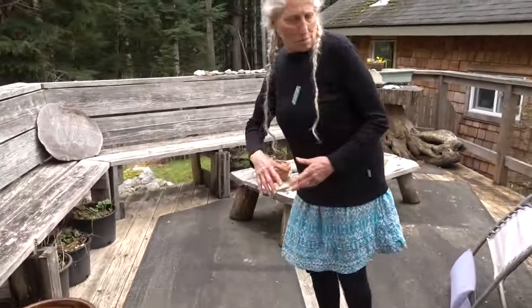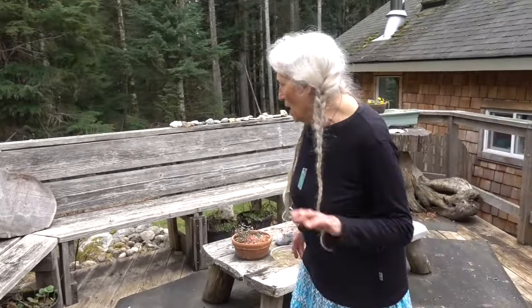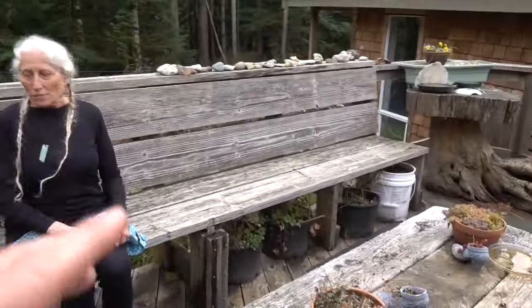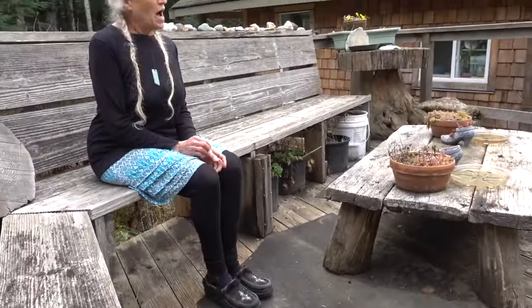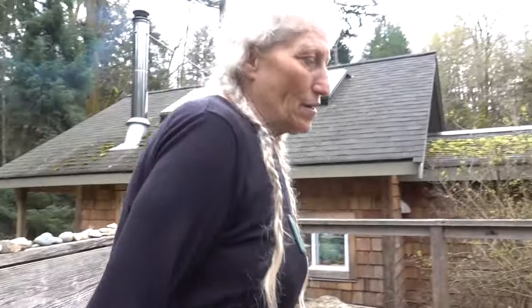Interesting. I haven't cleaned up this deck yet, but in the summer it's full of tomatoes and all different kinds of plants. This is such a great little place. My brother built this bench and this deck. It's a massive deck. I spend a lot of time out here in the summer because the sun just blacks. And then in here,